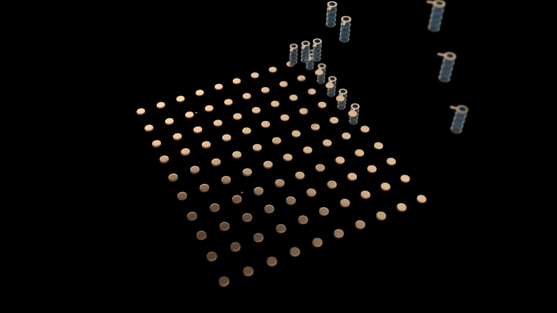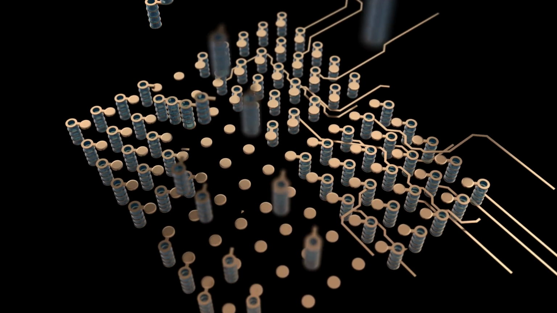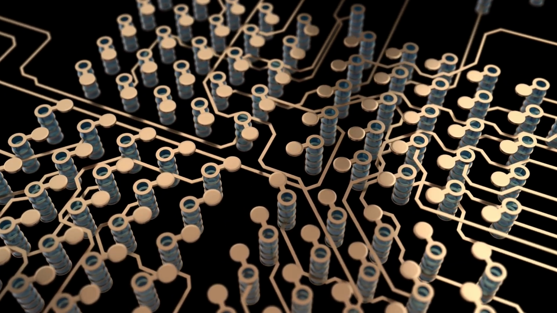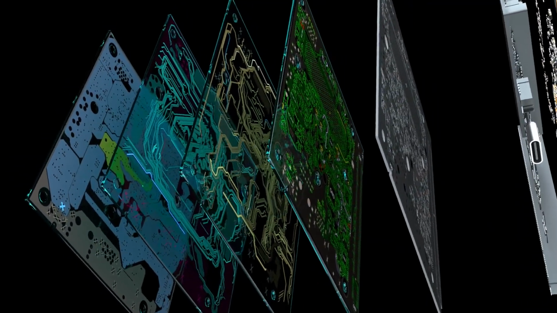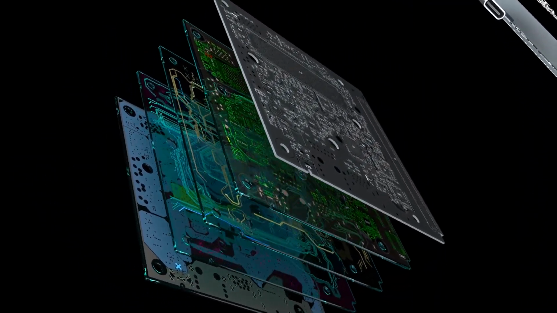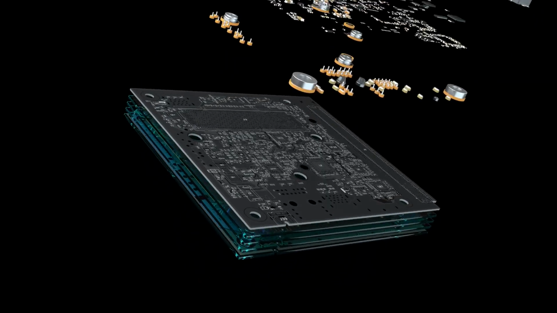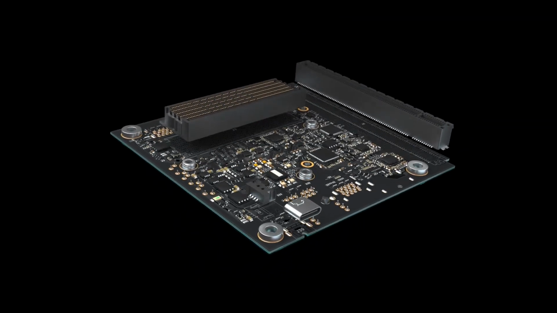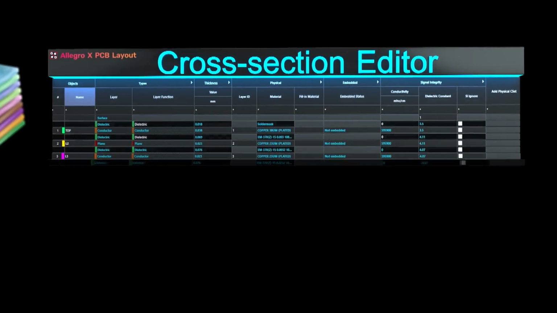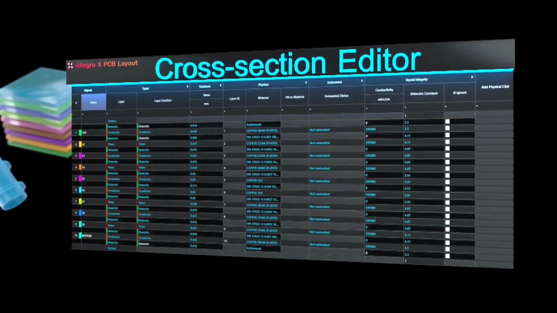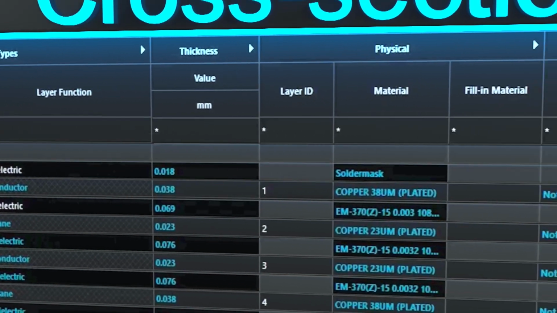Every generation of silicon demands more from your layout, as BGA pitch shrinks to 0.5, 0.4, and even 0.35 millimeters. Available routing space is defined by microvia structures, fabrication limits, signal integrity, and thermal behavior. In Allegro X, HDI begins in the cross-section editor, where stackups are defined to match fabrication constraints and drive impedance,